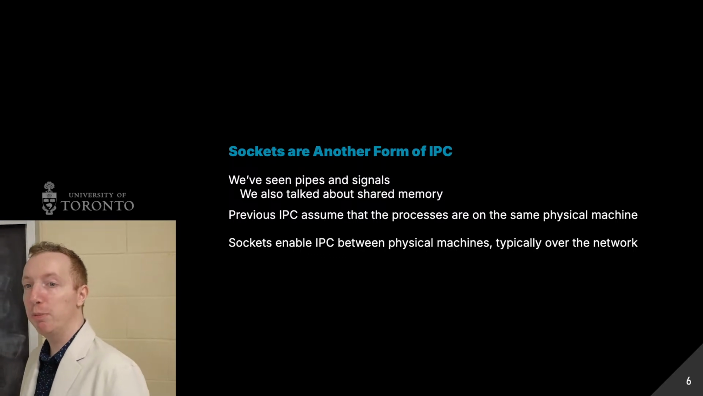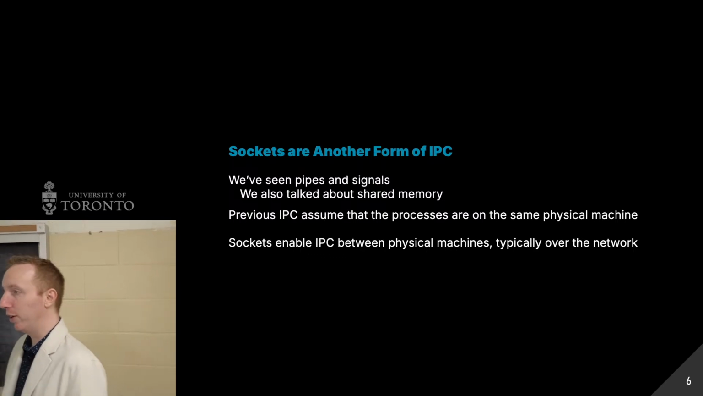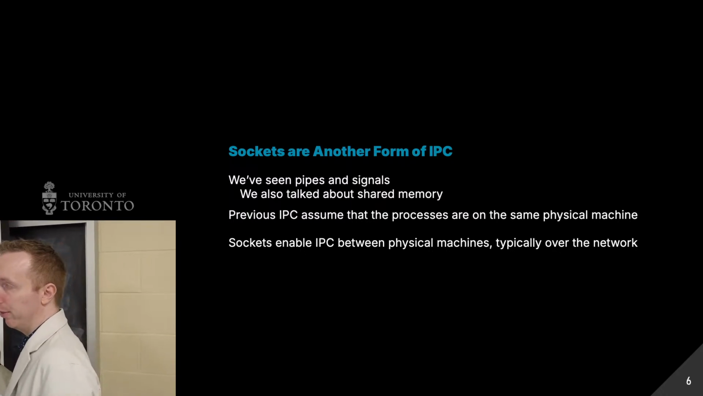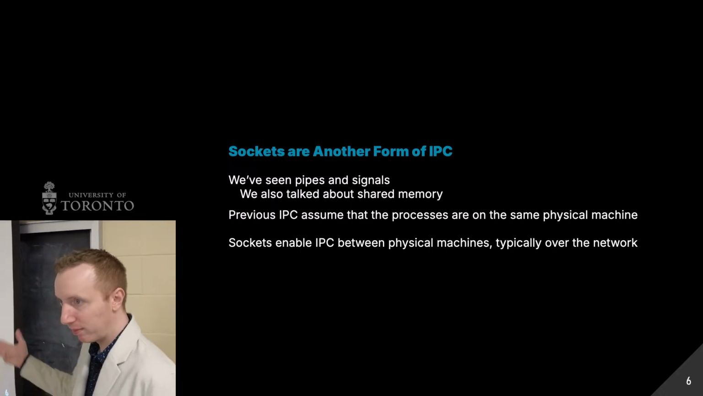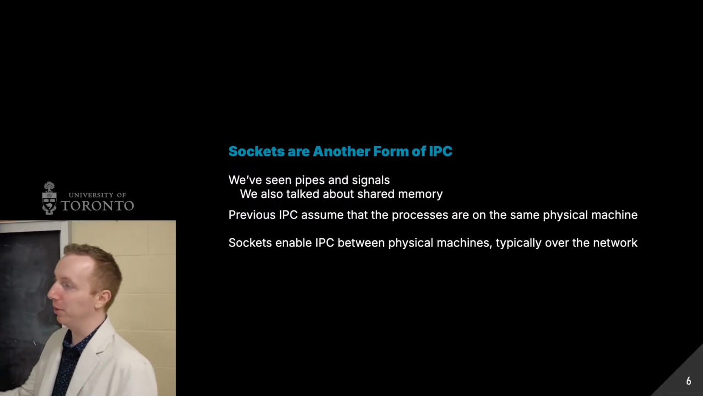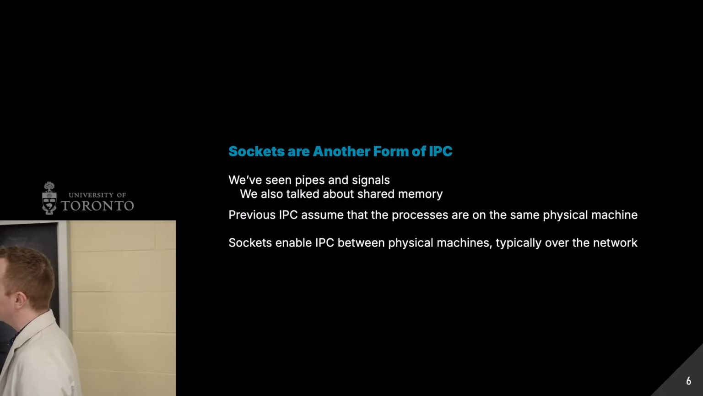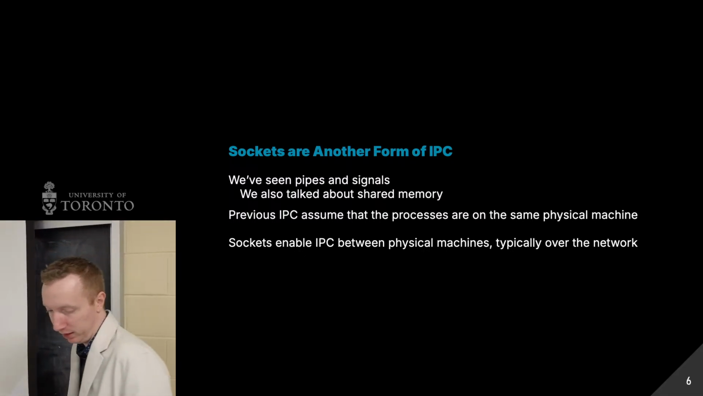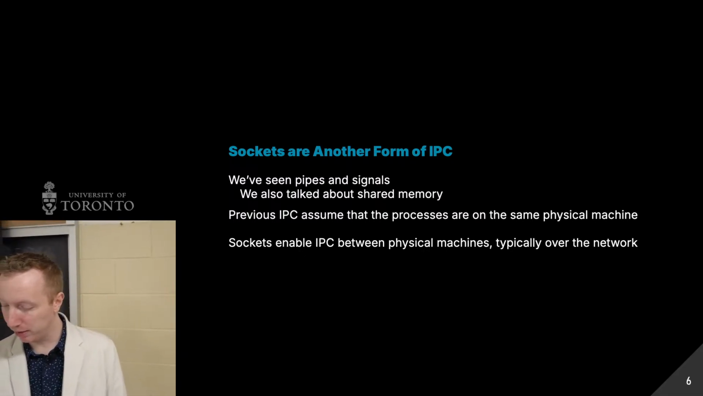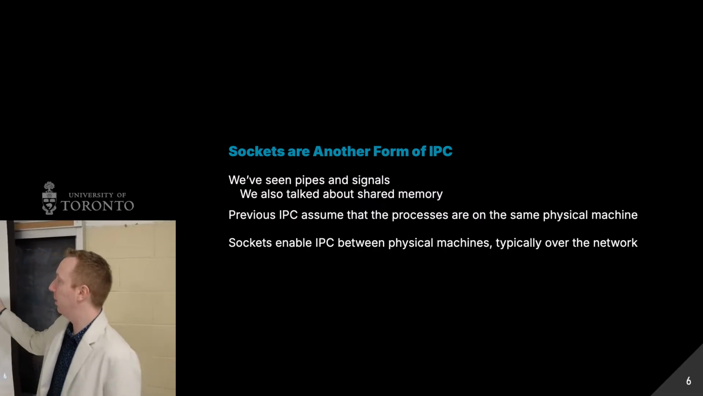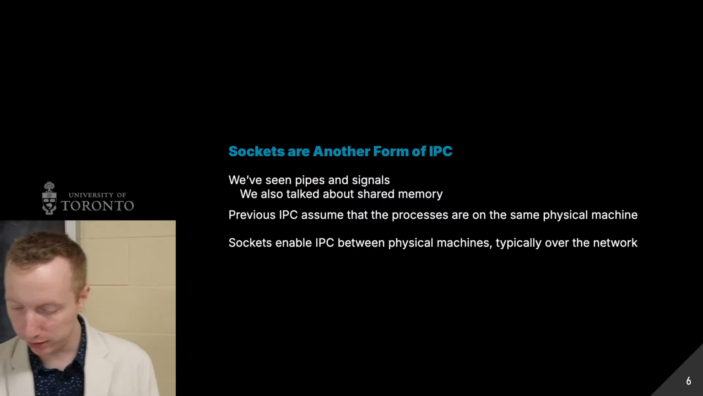If you're using a web browser, technically, if I go to google.com or whatever other website, that's technically IPC, but it's a process running on a different machine, on Google's servers, right? But still, at the end of the day, IPC. So sockets enable IPC between physical machines, and typically it's always done over a network. In the little example we have today,